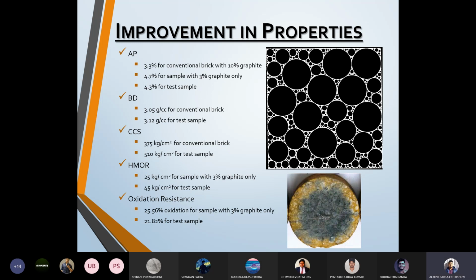So when we see here, when we use only 3% graphite with no nanocarbon, there was 25.56% oxidation. And when the nanocarbon was used, there was only 21.82% oxidation. Now you have to bear in mind that when it comes to oxidation of the material, even 1% of improvement matters a lot, because what we are talking about is very huge equipment, and say even if there is 1% more oxidation, the structure may collapse because the carbon after oxidation leaves voids